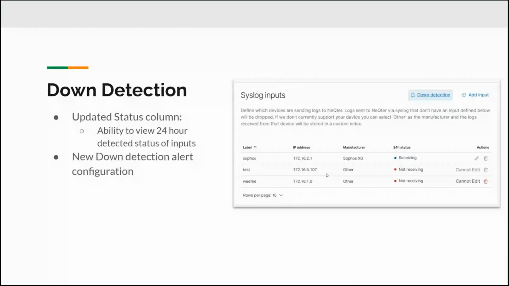Additionally, we updated the status in the syslog area, the red-green status, to be a 24-hour check. Before it was 60 seconds. Say you have a switch and you're only monitoring syslog levels to know if someone logs in. Well, we're not going to be getting logs, so that might incorrectly say, "Oh, we're not receiving logs." But that's not an issue with the input. It's just not generating logs to send to NeQter. So